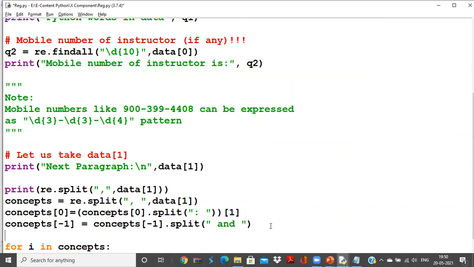So for i in concepts of -1, I will need to add these things into my concept list, so I can directly put it as concepts dot append of